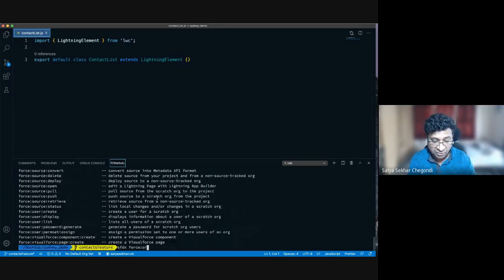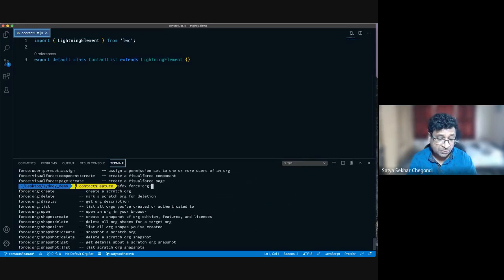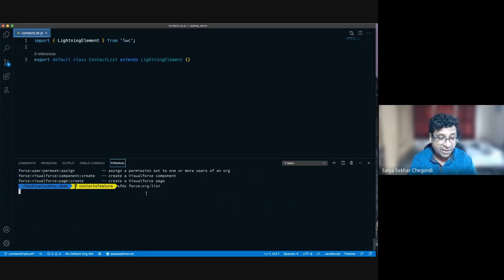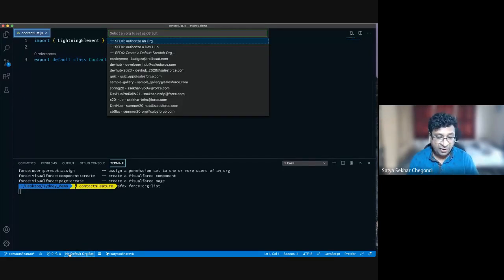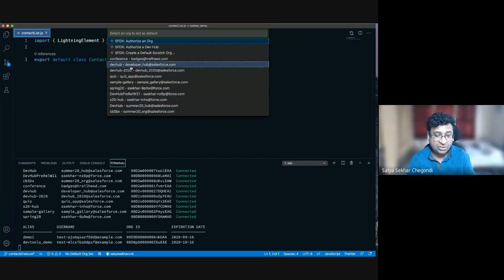Okay, so here I want to say org and press tab again. It shows me all the commands related to SFDX force org. Then I can simply list here, because this is the command I was looking for, where I can list all the orgs. So yeah, while it does, you can click on no default org set, and you can see there will be a list of orgs